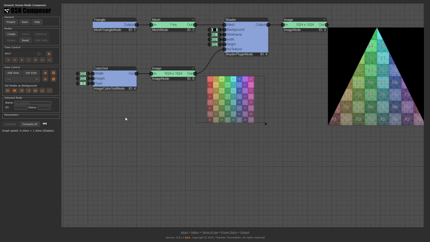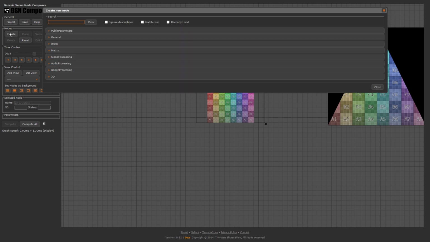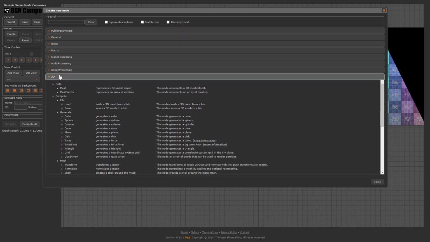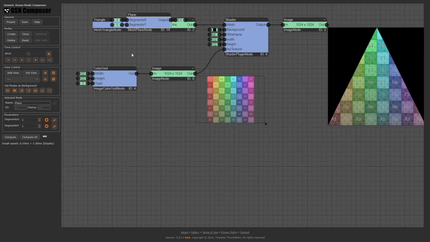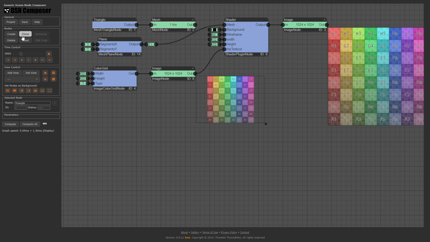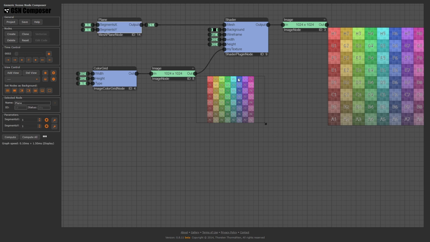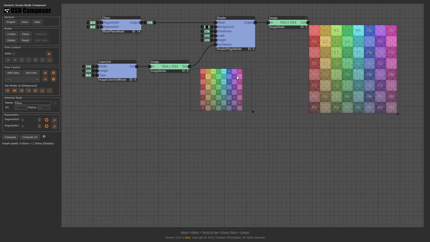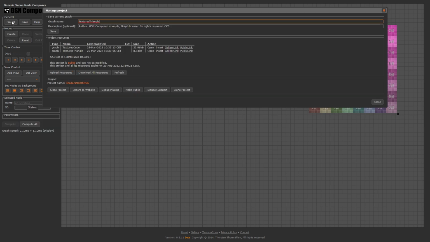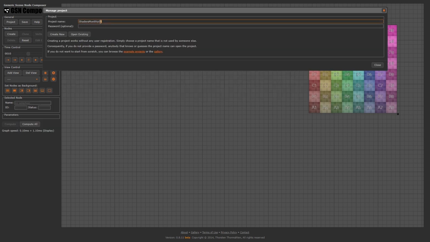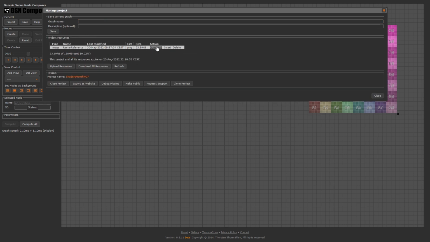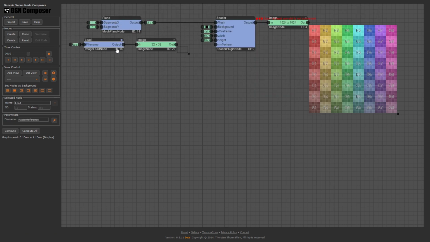Let's replace the triangle with a quad. Click Create and navigate to 3D, Compute, Generate, Plane. Then we connect the Mesh Data node to the Mesh Input slot of the shader node. Perfect, we are rendering a quad that exactly fits the size of the frame buffer. The currently applied texture is this image here. We replace it with a raster image that serves as a reference for our implementation.